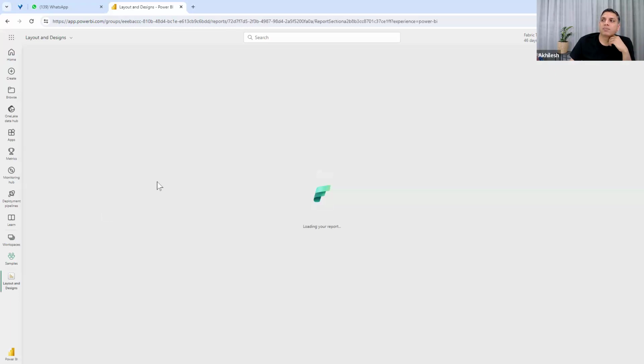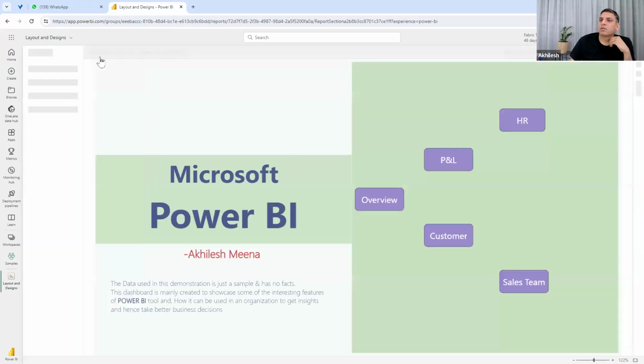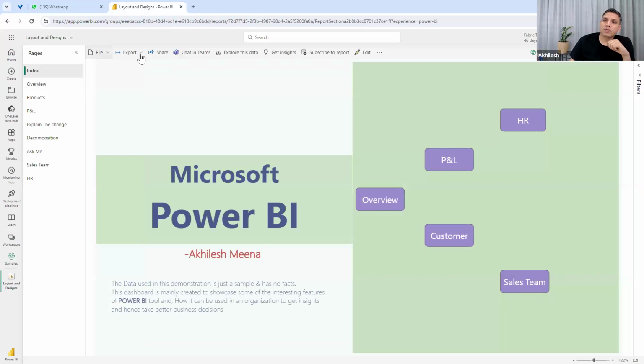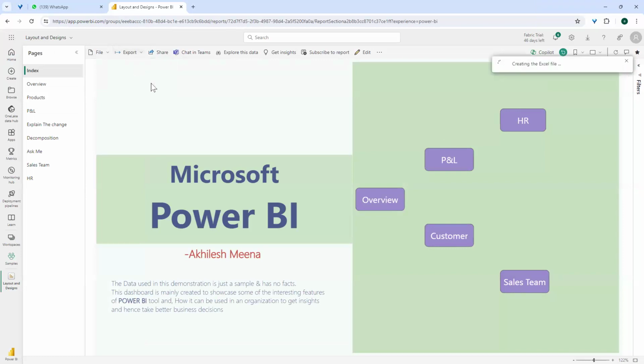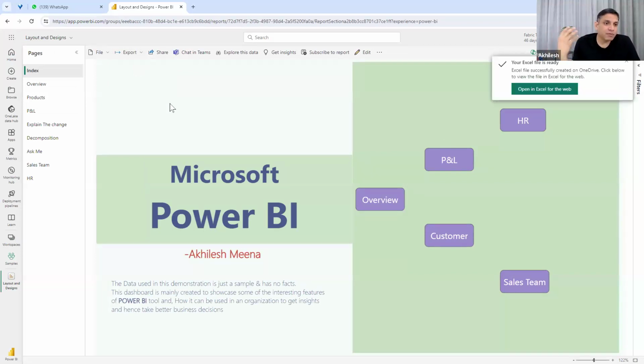Now this report, if I go to export, there's an option of Analyze in Excel, and that's what people are doing after you are providing the data. So when I click on this, full data, right? It will not give you the data. It will give you the data model, like pivot, Power Pivot. And if I click on Open in Excel for web,